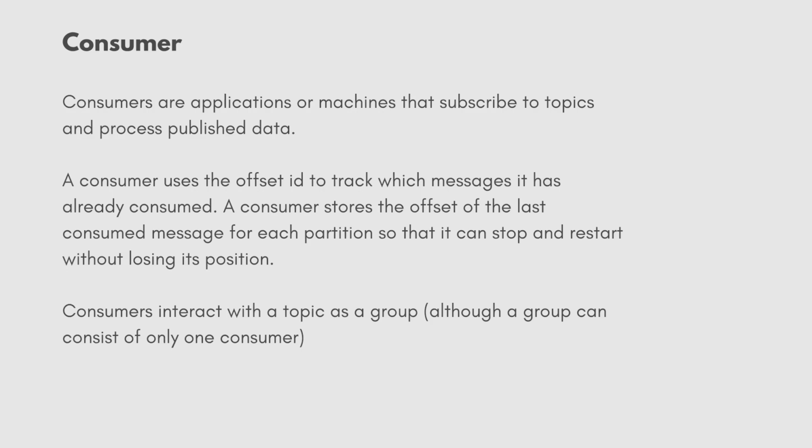Because like I said, a broker can fail, right? And say for instance we already consumed that message and we're trying to connect to another broker, we want to make sure that we're at the proper position. So if we already consumed at a specific offset ID and we're connected to the replica partition that's stored in another broker, say for instance it broke at the offset of 10 and we need to get 11, we know that when we connect to the new broker with the offset ID, we don't need to consume 10 anymore. We can consume at 11 because we already have the log that shows that we consumed that individual offset ID. We can start at the next one.